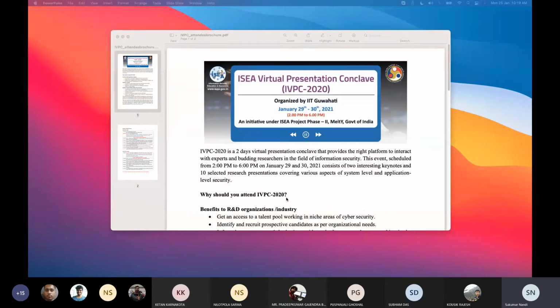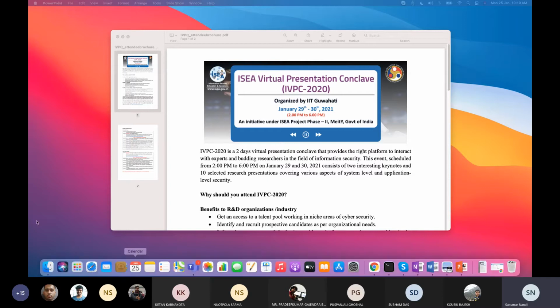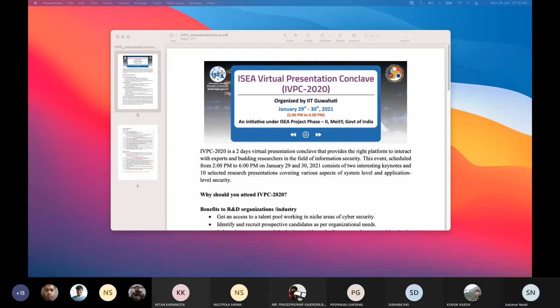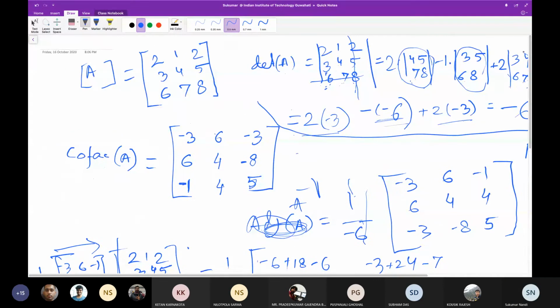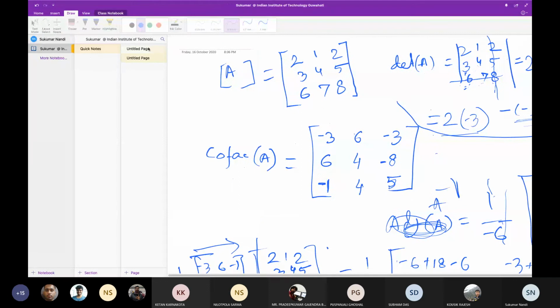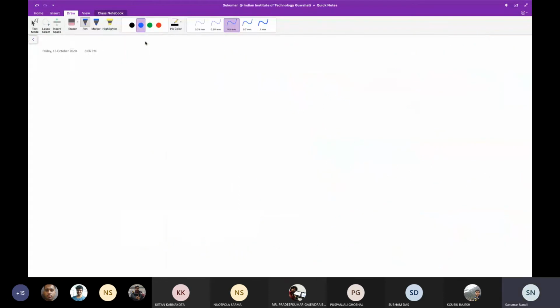Let me talk about triple DES a little bit. For that, I will use Notepad, Microsoft Notepad.